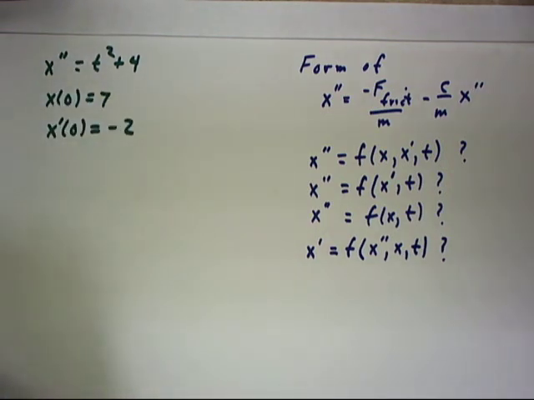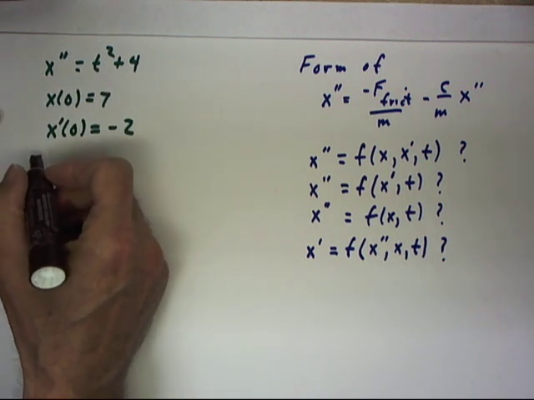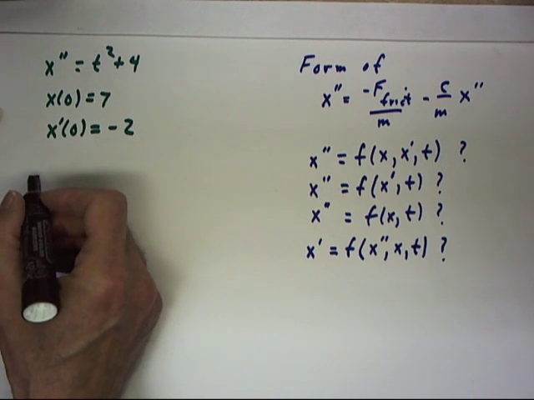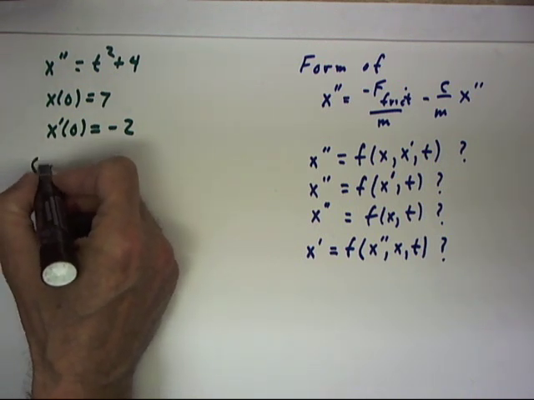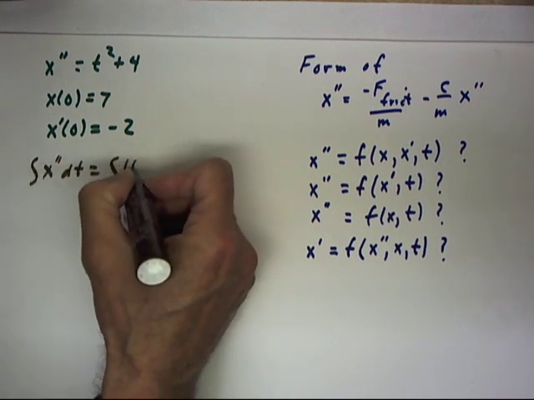We're just going to work through a quick example here. If x double prime equals t squared plus 4, with x of 0 equals 7 and x prime of 0 equals negative 2, then what's our x of t function? We can integrate x double prime with respect to t, and that's going to equal the integral of t squared